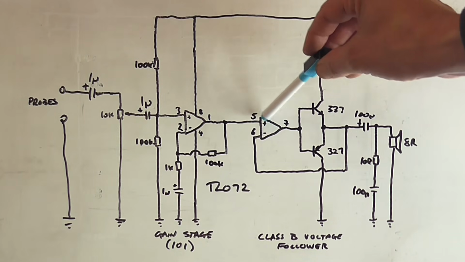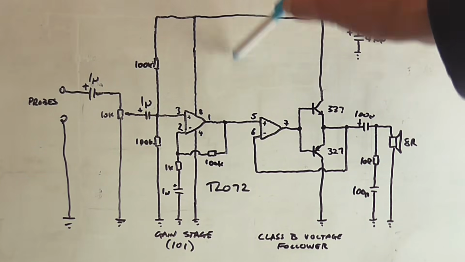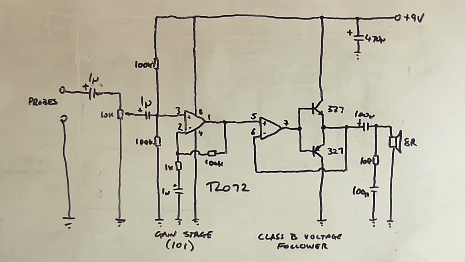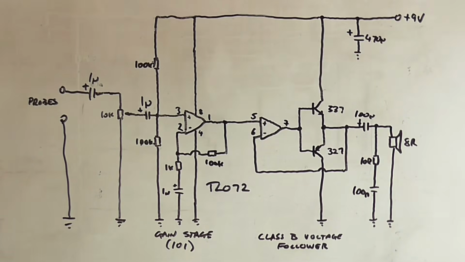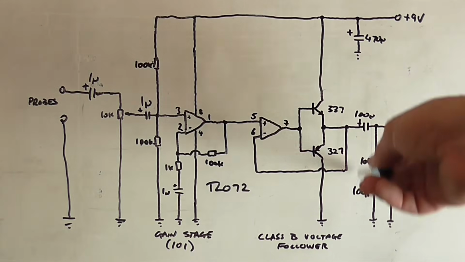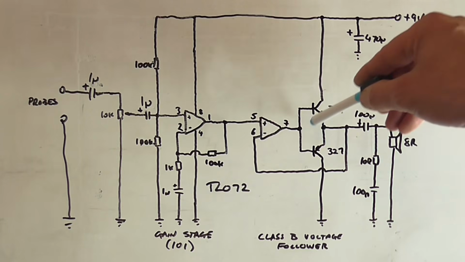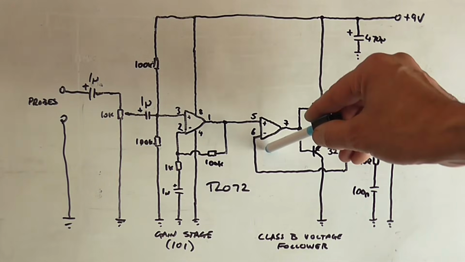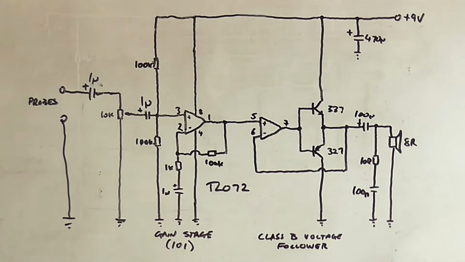So that's giving the required bias at this pin as it would if you had the voltage divider. So we don't need a voltage divider at this one, because this op-amp is providing the bias to this op-amp as well, so that's a non-issue because it's DC coupled. And it will still amplify the audio signal quite fine. Speaking of this particular op-amp stage, this is just a voltage follower with a class B set of transistors, a push-pull amplifier on the output, and then fed back in with a gain of 1 or unity back into pin 6, the inverting input. And this particular arrangement will produce up to 500 milliwatts into 8 ohms before it starts